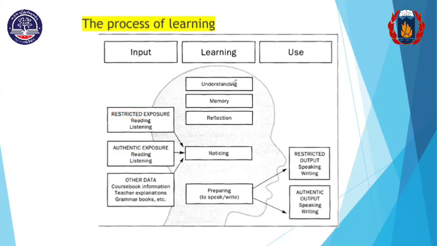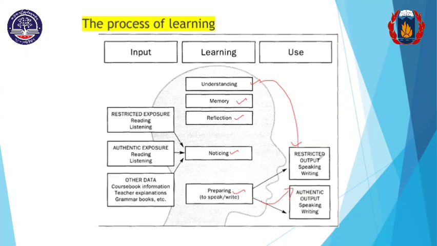And here in the learner's mind, in their brain, they start to understand and then they memorize the target language, and then they do the reflection, and then they notice the language and they prepare to speak or write. And then as an output,